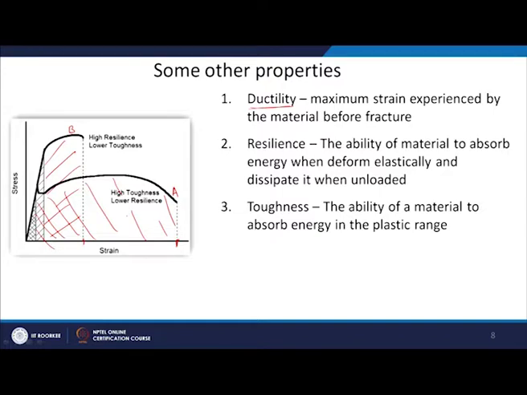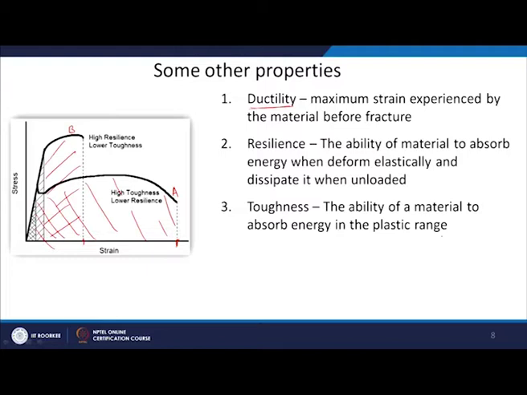So, in this particular case, the ductility of A is more than ductility of B, and toughness of A is also more than toughness of B. So, it is not always true that if ductility is more, the toughness will be more, it depends upon the area which is under the curve. In this case it looks like the area under the curve for material A will be more than B. So, toughness of material A is more than the toughness of material B.